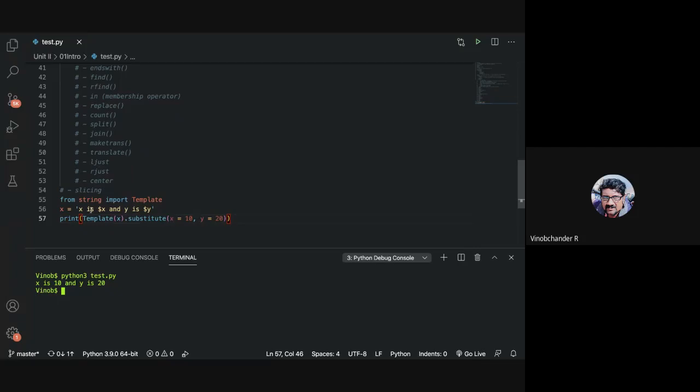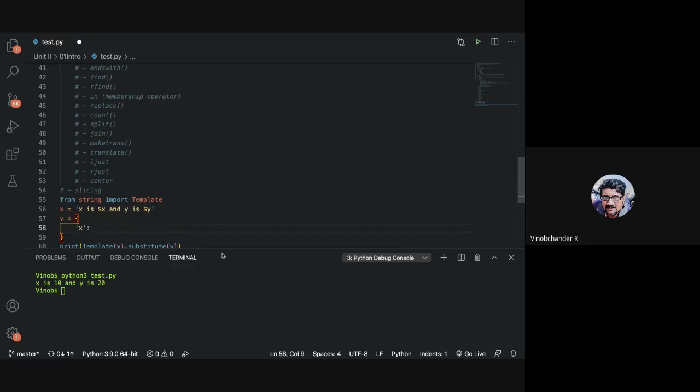Now, if you want to substitute this using a dictionary, we talked about dictionaries earlier and we'll talk more about them later. If you want to have a dictionary here, you can place that as well. For example, I don't want to specify the substitution this way. Rather, I will create a dictionary called v and have our values specified for x and y in that dictionary. So let me create a dictionary called v, and then I can have the value x.